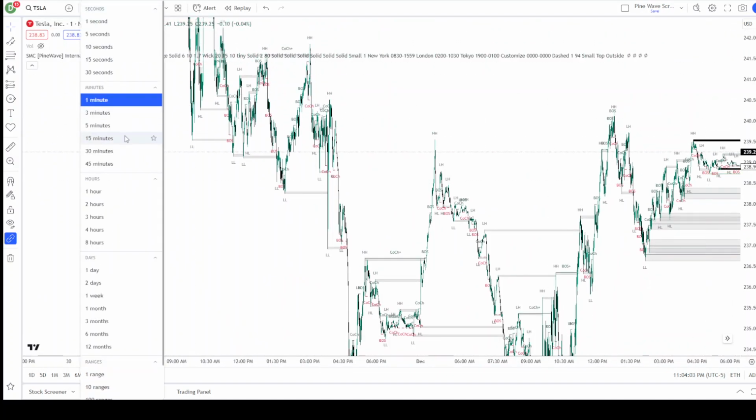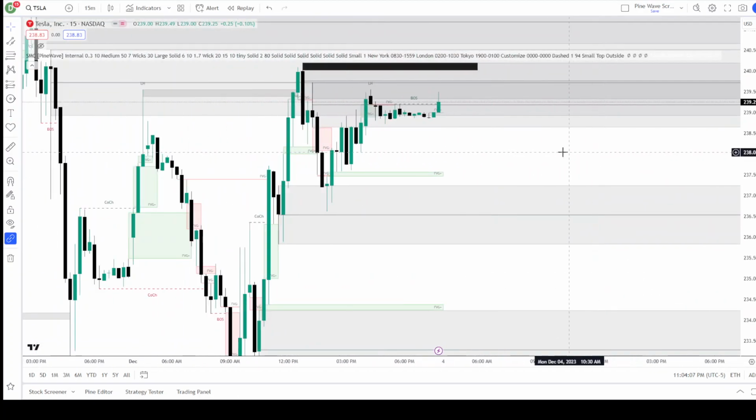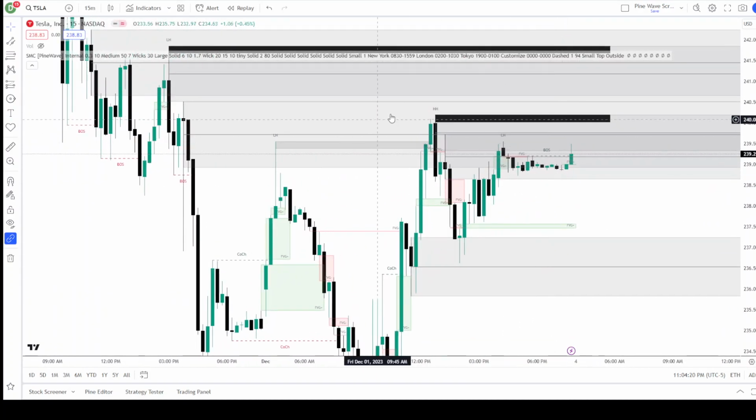Actually, let's go to like a 15 minute. Here we have a fair value gap, right? Price came back down to it a few times, ran off of it. If we start closing that fair value gap and attacking these lows, you just close the position. It's a low risk trade. Right? This did not meet its objective at the end of the day, but basically in your fair value gaps,